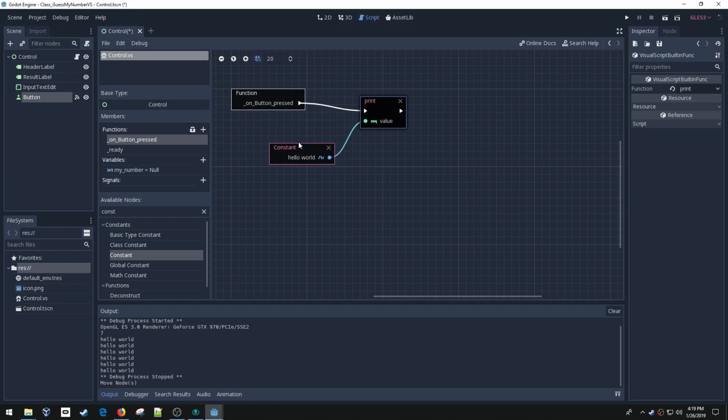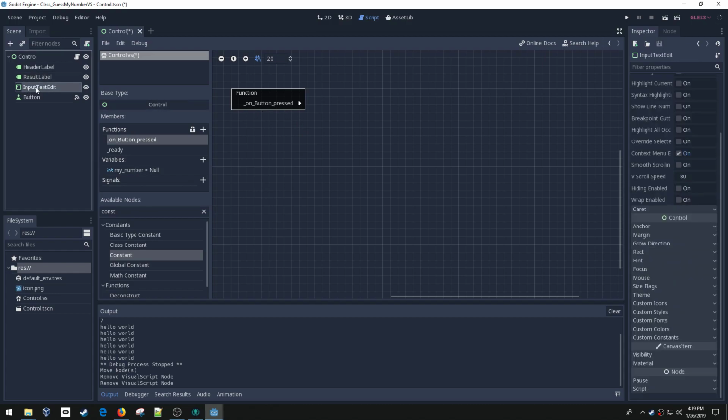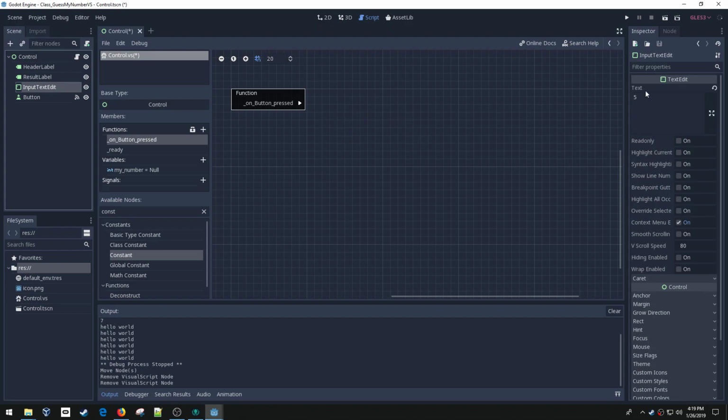Alright, so just like before, we want to compare that random number, which is my number, to the input text box here, its value, and then if it's equal, we'll let them know that they guessed the right number. This is probably where this visual scripting really is nice. Instead of having to get node control, then get node input text edit, and then take the text property, all I have to do is come over here and drag that in